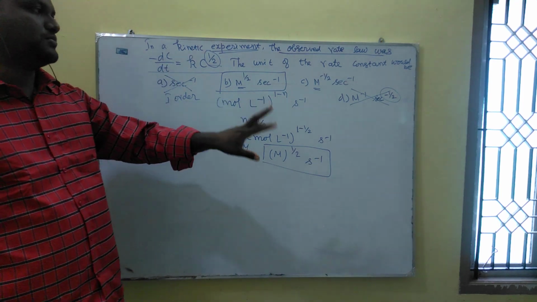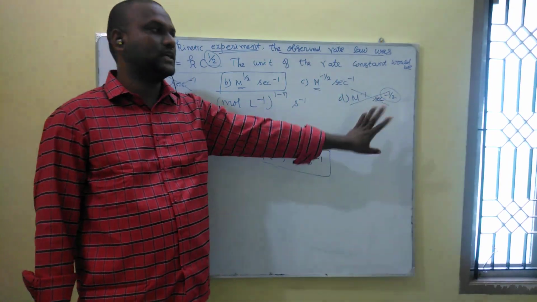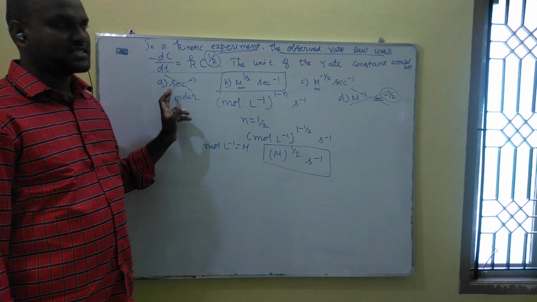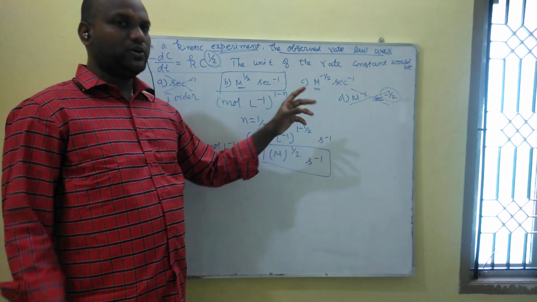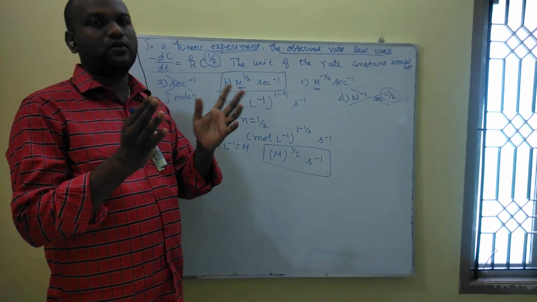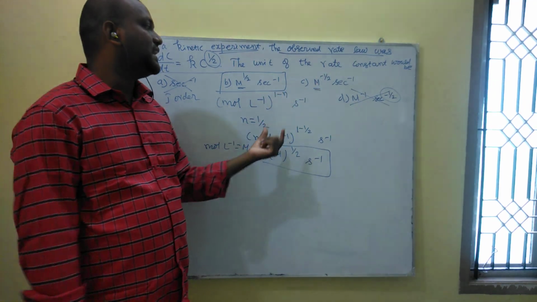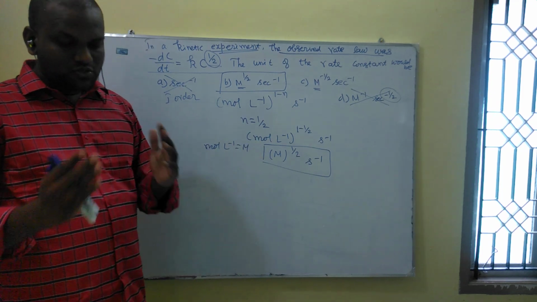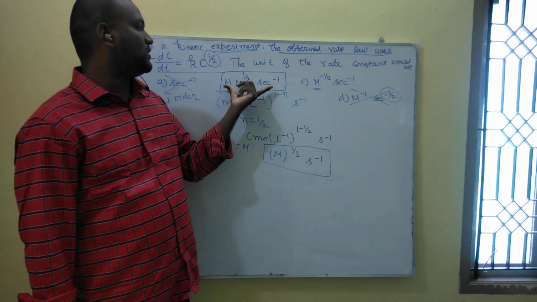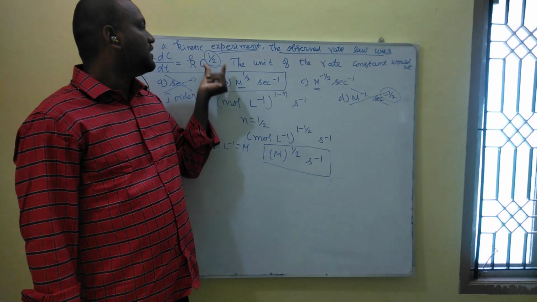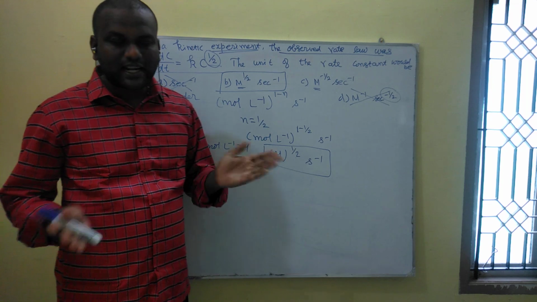So you can omit 2 options. Per second power minus 1 by 2 you can omit, because second is always per second only. And per second is always for first order, but here the order is 1 by 2, so you omit that one too. From the 4 options you can omit 2, leaving only 2 options, and from those you can easily get the answer from the given data. In this way you can find the order of the reaction, because we know the general expression for the unit. So the order and the unit of the reaction are related in this way.